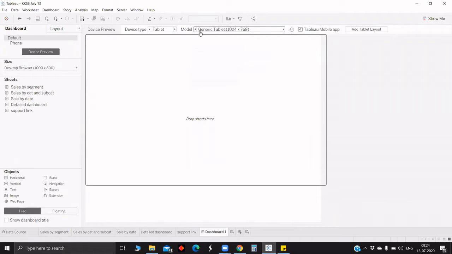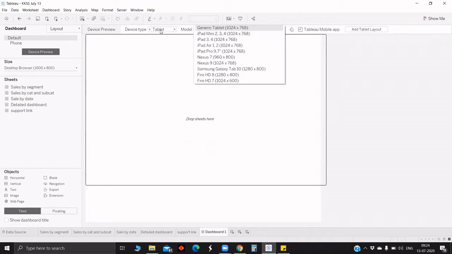Let's see. 1024, all iPads are 1024, but I don't know why. 1024 by 768. Okay, Nexus 960 by 1024. I think we can reasonably say that 1024 by roughly 768 or 800 is the predominant size. Okay, got it. Let's go to the next one.